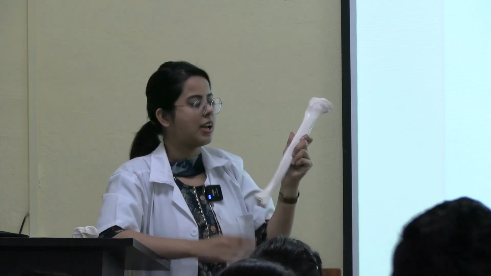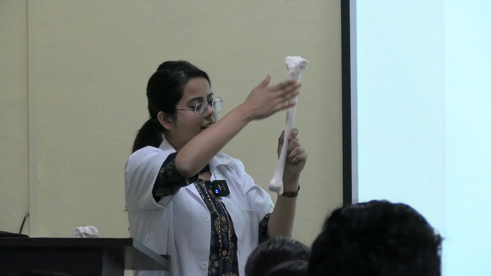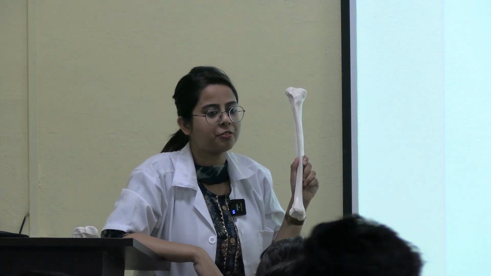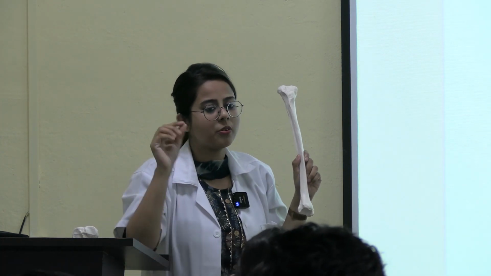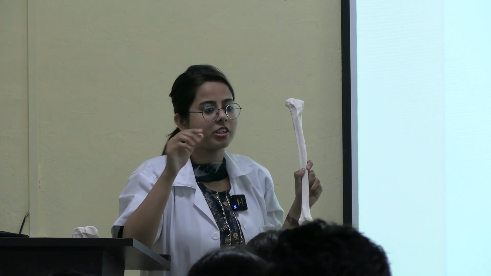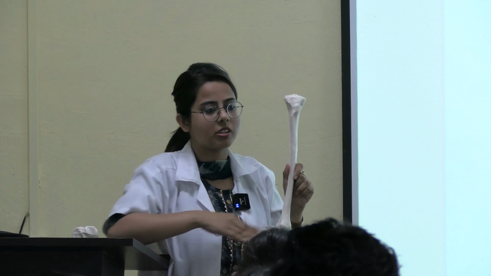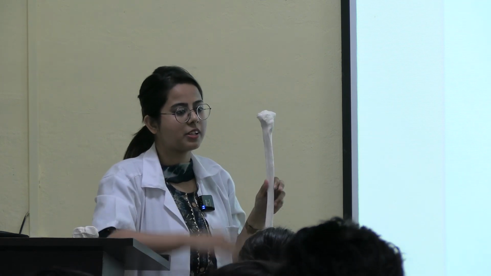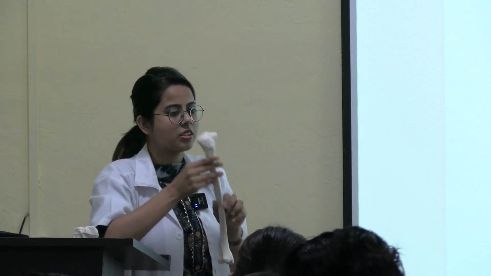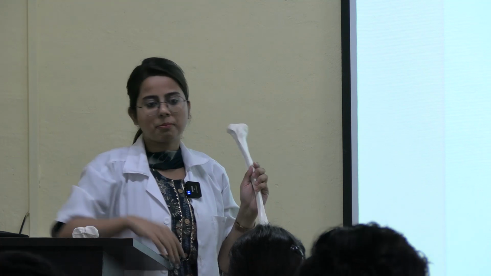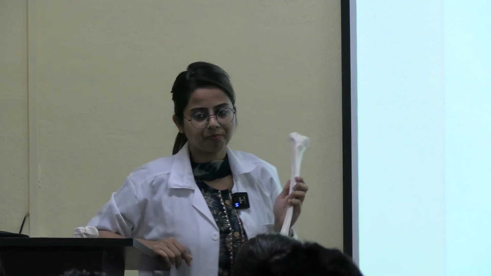Clear, everyone? And you can see that the anterior border is sharp. Okay, so it is also called the shin of tibia. You can feel one structure in your leg, that hard. You can feel this anterior border. It is subcutaneous. You can see in your leg. You can feel that hard structure. This is the shin, or anterior border of the tibia. Okay. It is subcutaneous. That's why you can feel it. Okay.